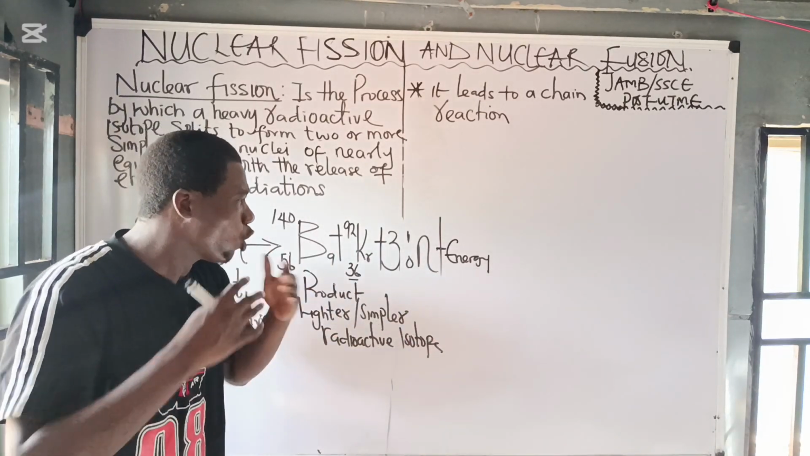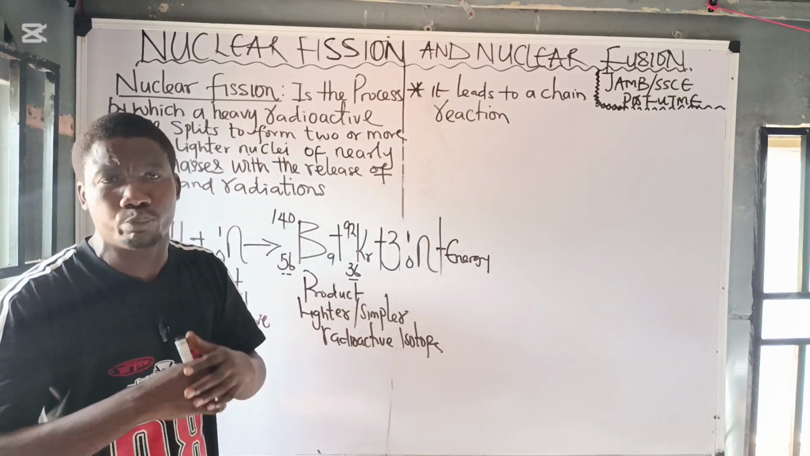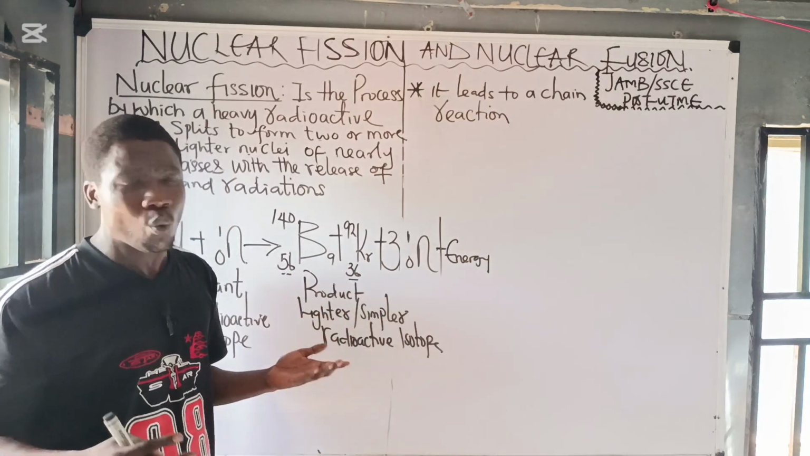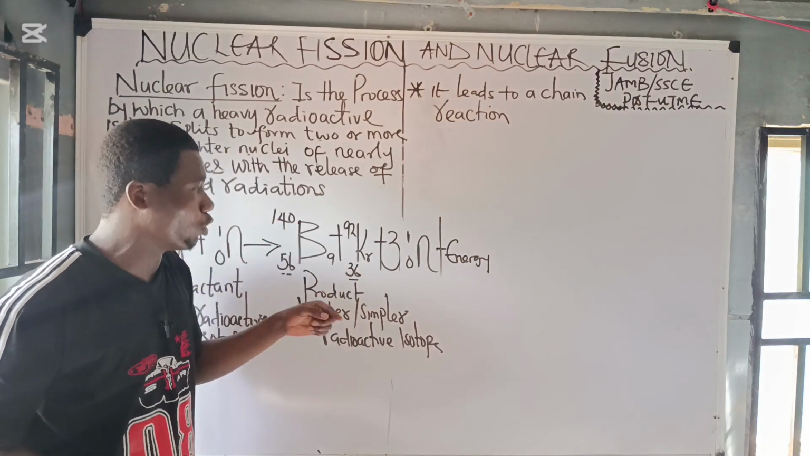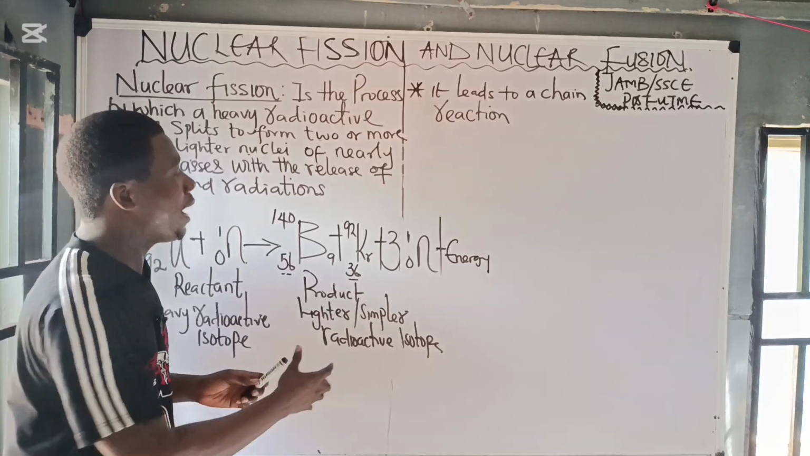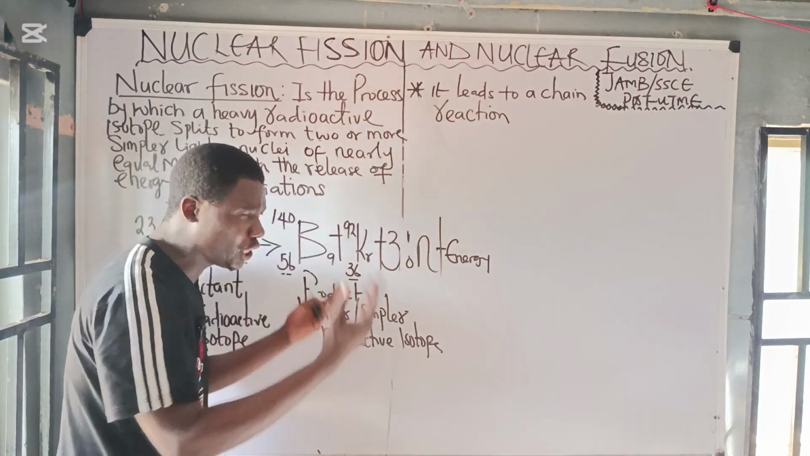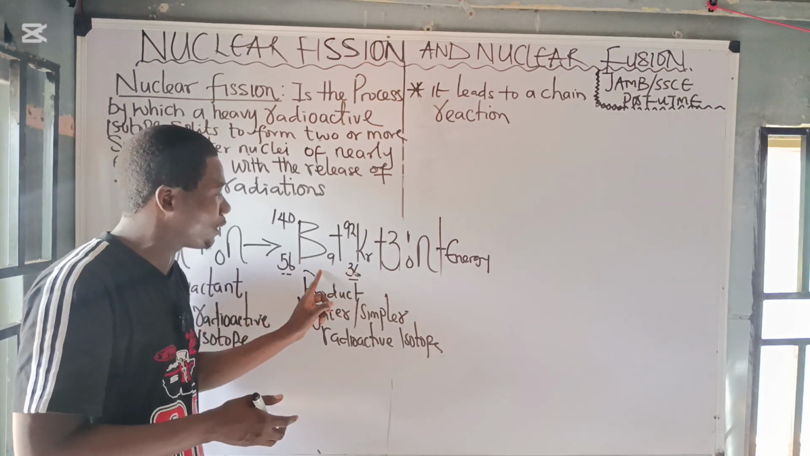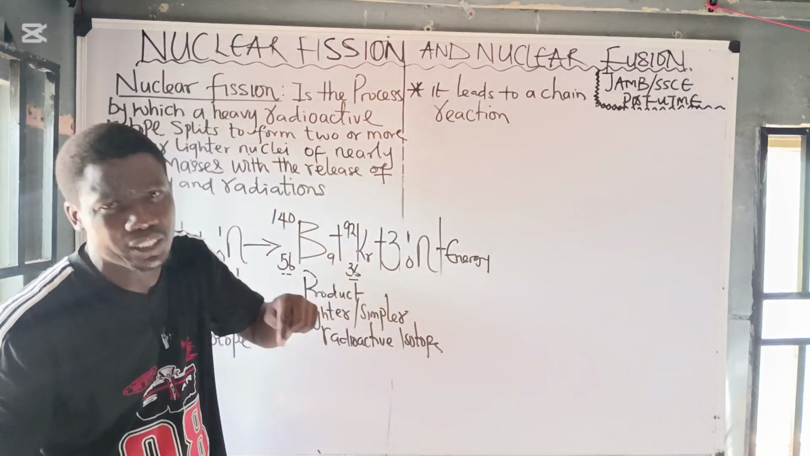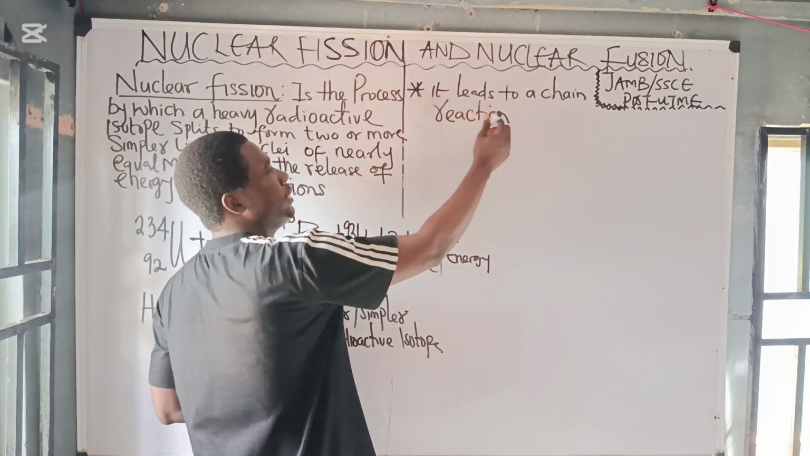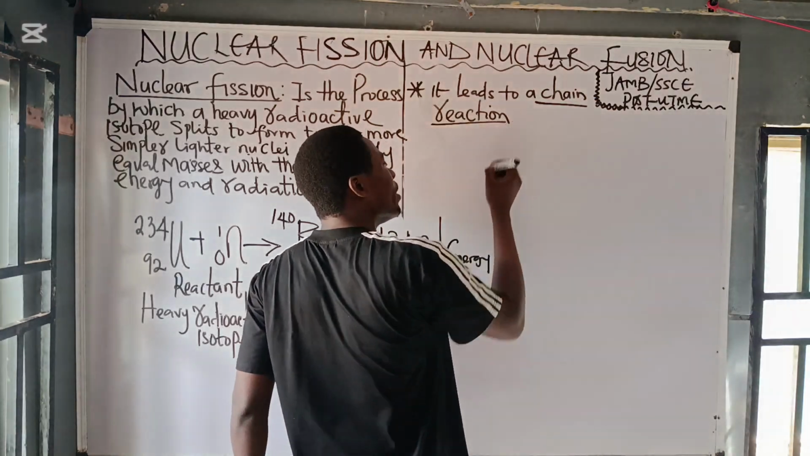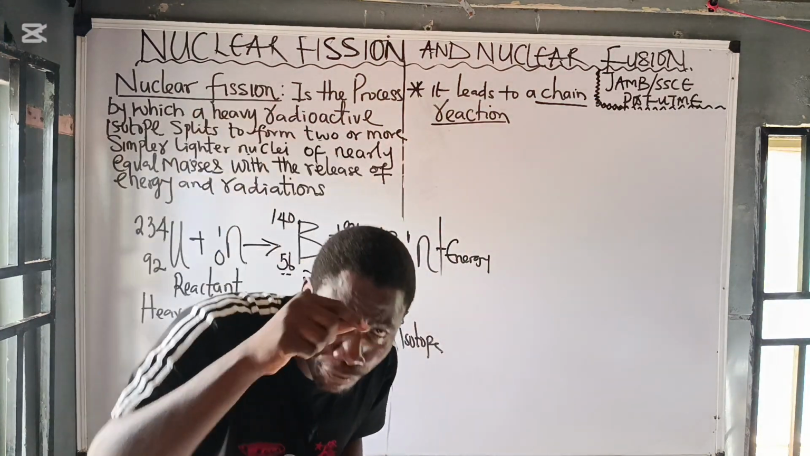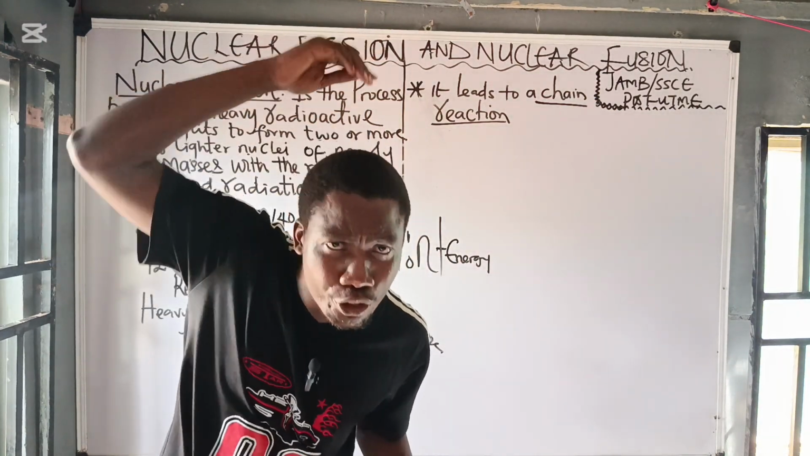Now, the energy continues to be emitted or produced through this process. Why? Because this product will now become the new reactant, and the neutron keeps bombarding it to generate more product. And the more you break these atoms, the more energy is released. So a chain reaction is a type of reaction where the product that is formed serves as the new reactant